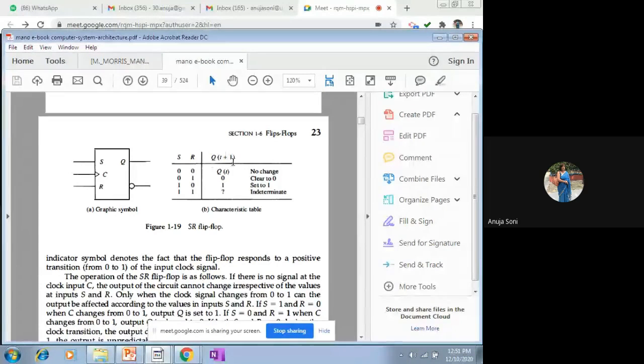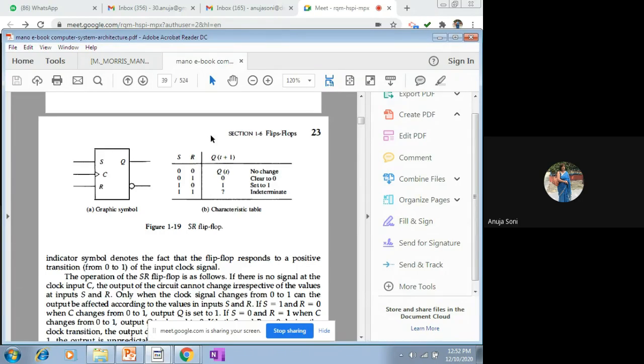किसकी वैल्यू? नेक्स्ट आउटपुट वैल्यू। लेकिन irrespective of the value of the previous output, तो मतलब previous output 0 था या 1 था, we are not concerned with that value। वो 0 भी हो सकता था, 1 भी हो सकता था, it hardly matters, लेकिन QT + 1 हमेशा 0 निकल के आएगा, प्रोवाइडेड SR की वैल्यू 0 1 आ रही है। एंड सिमिलरली QT + 1 की वैल्यू 1 होगी, प्रोवाइडेड SR की वैल्यू 1 0 है। उसमें QT कहीं रोल में नहीं आता, लेकिन उसकी वैल्यू कोई ना कोई तो जनरेट हुई थी प्रीवियसली, या 0 या 1, इसलिए हमने दोनों पॉसिबिलिटी लिख ली थी।